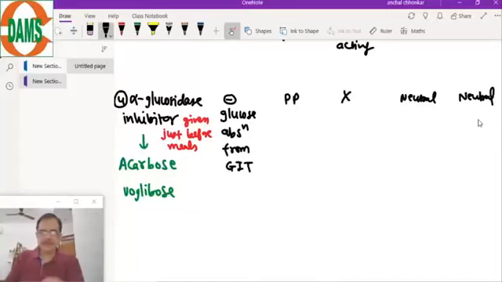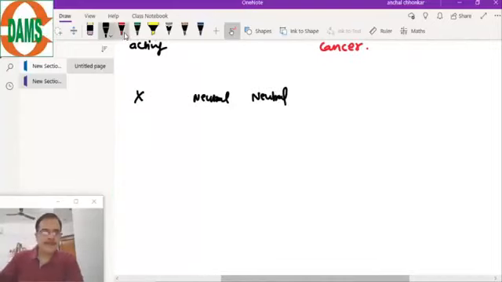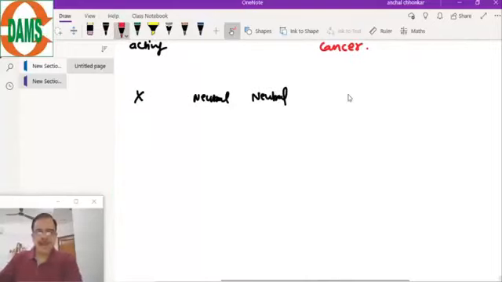They are neutral. The characteristic side effect of these alpha glucosidase inhibitors is that, because the complex carbohydrates are not degraded, they will go to the large intestine where bacteria will ferment them and cause flatulence, so gas formation and bloating. So there will be an important side effect, that there will be bloating,